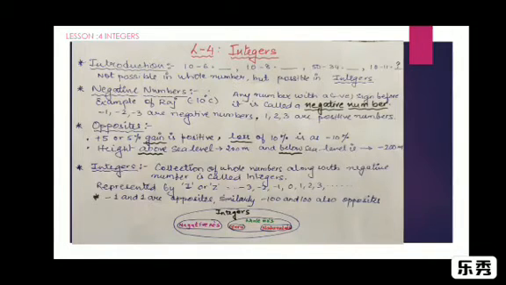Now we come to the main content of our lesson, which is again about integers. The question arises, what exactly are integers? Integers are a collection of whole numbers. Whole numbers, you have studied in your second lesson. Whole numbers include 0 and the natural numbers. Along with the negative numbers, they are called integers.